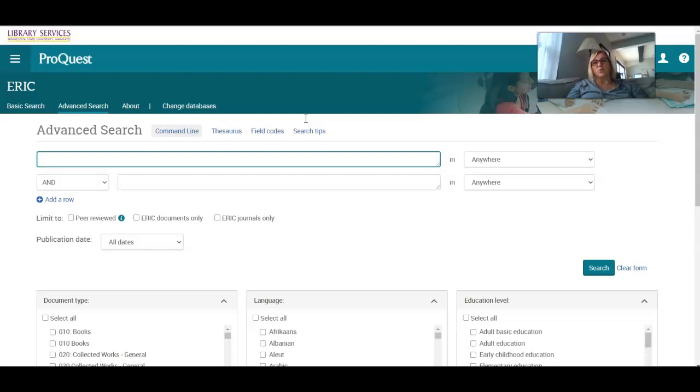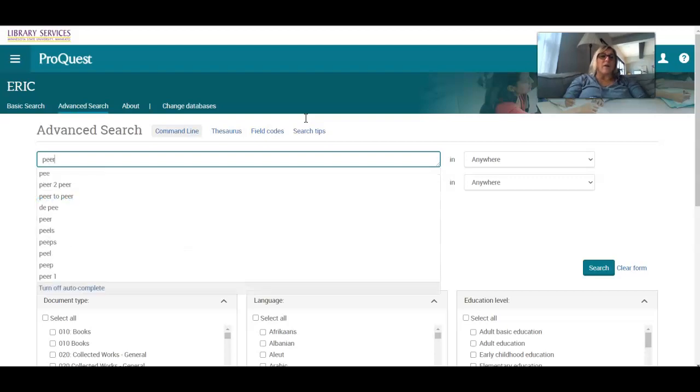You're going to be searching for the check-in, check-out intervention, but I'm going to walk you through with a different intervention so that you'll have the opportunity to practice with check-in, check-out on your own. So I'm going to look up peer tutoring. It's a type of intervention that can be used for a variety of academic, behavioral, and social needs for students at a variety of ages. So if I just type in peer tutoring,